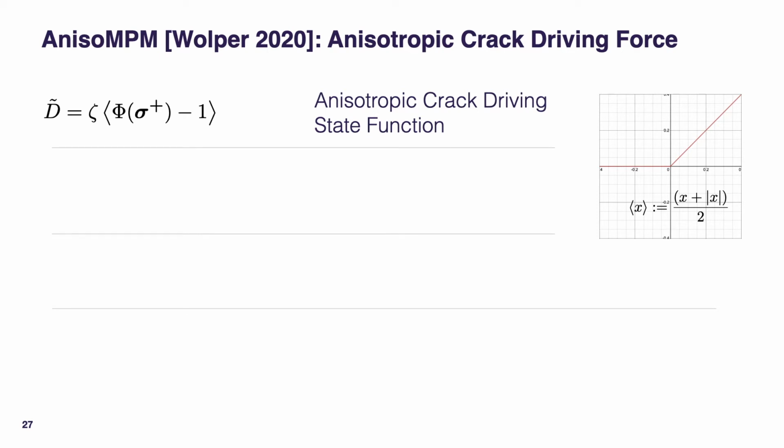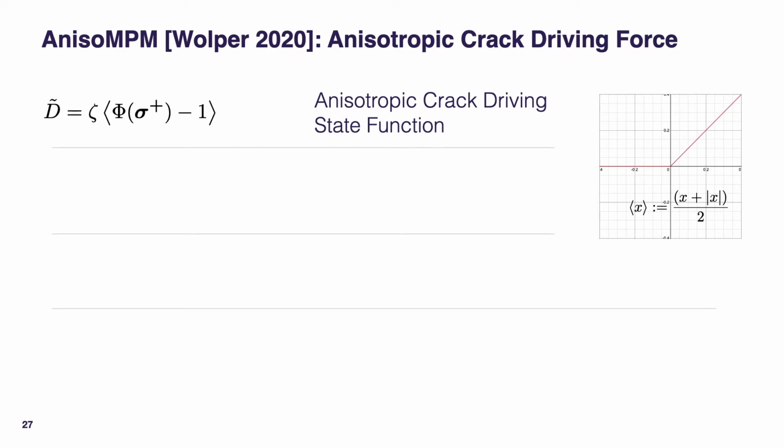AnisoMPM. For the purposes of this lecture, let's consider the main difference between PFF-MPM and AnisoMPM to be that we have an underlying sense of the material's directional strength, and as such we need a way to incorporate this into the governing physics. In our formulation, we're inspired by an anisotropic crack-driving state function that's shown success for biological tissues. The exact form of d tilde is shown at the top, where we introduce some new symbols. Zeta controls the slope of the driving force, but we generally keep this to be 1 to further reduce the